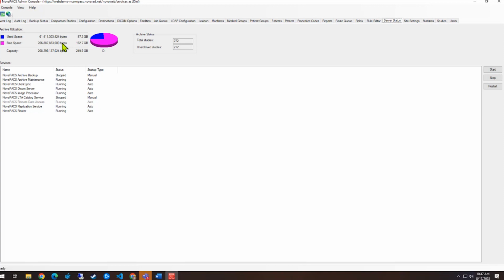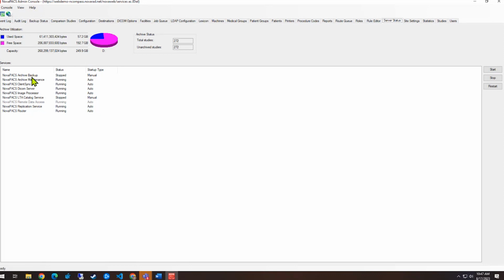If you guys are looking at it, if you have a concern, or especially if you guys are adding modalities, or say you're going from 2D to 3D mammo and you just have a concern about space, let us know, and we'll make sure that everything is good as far as that goes.